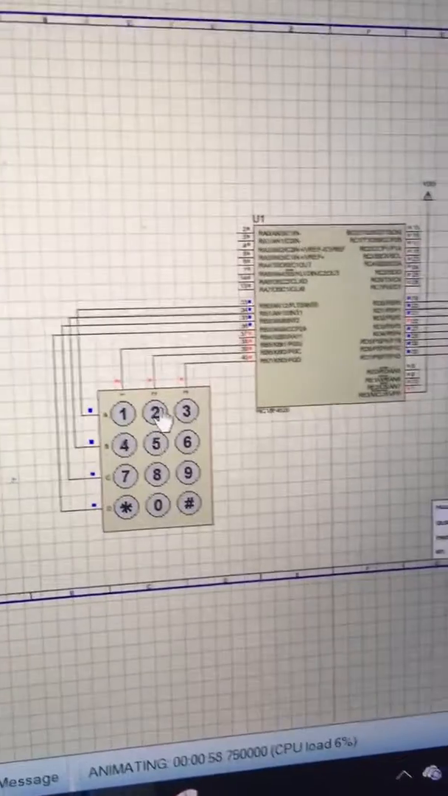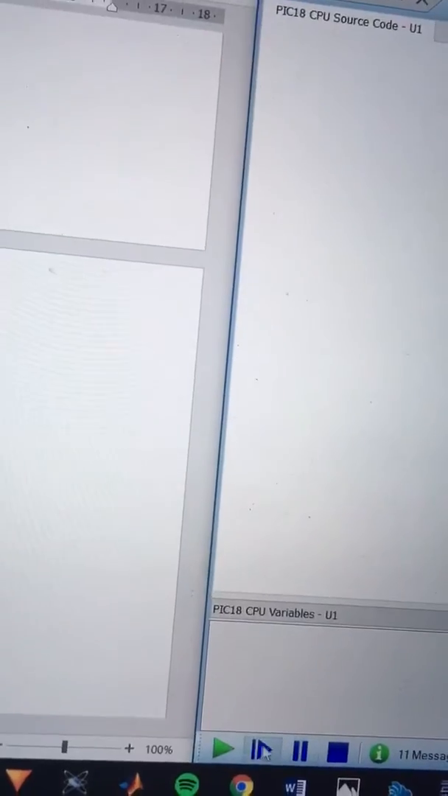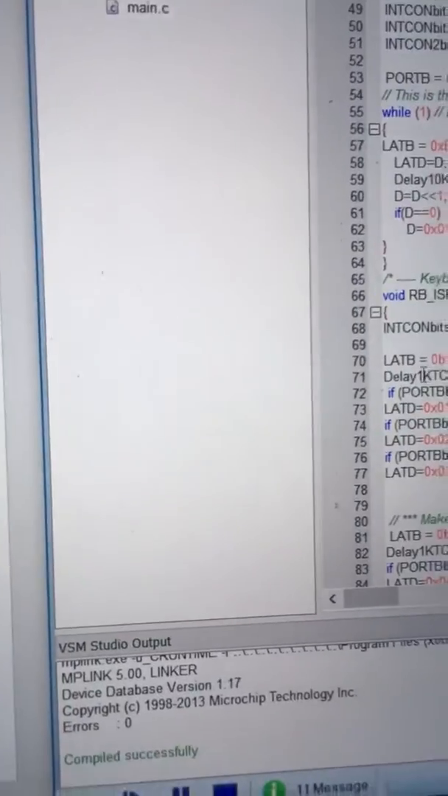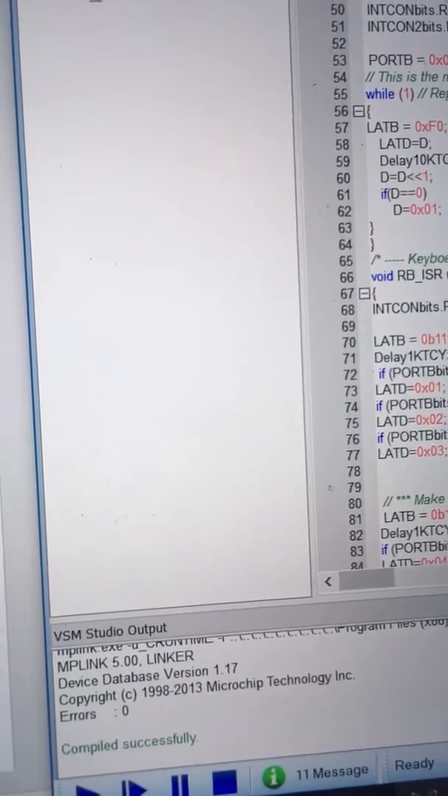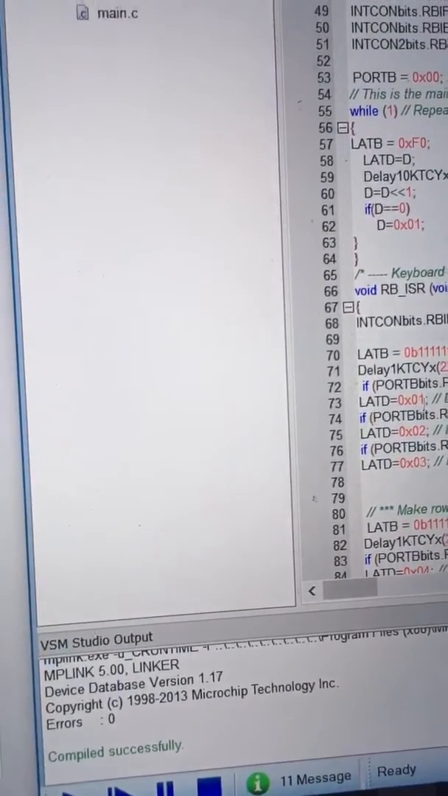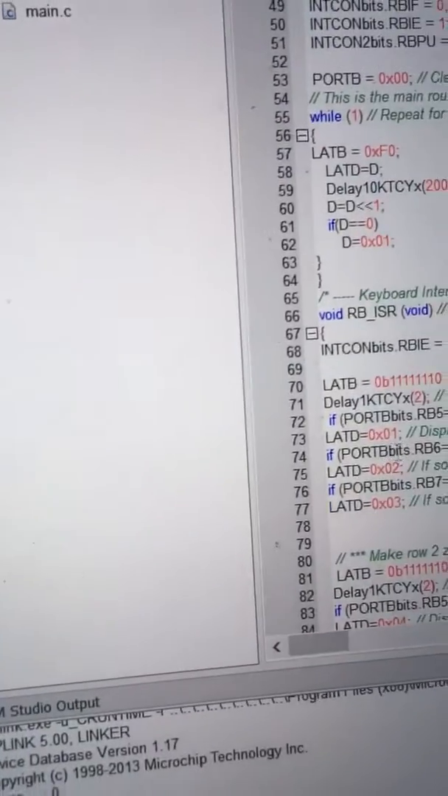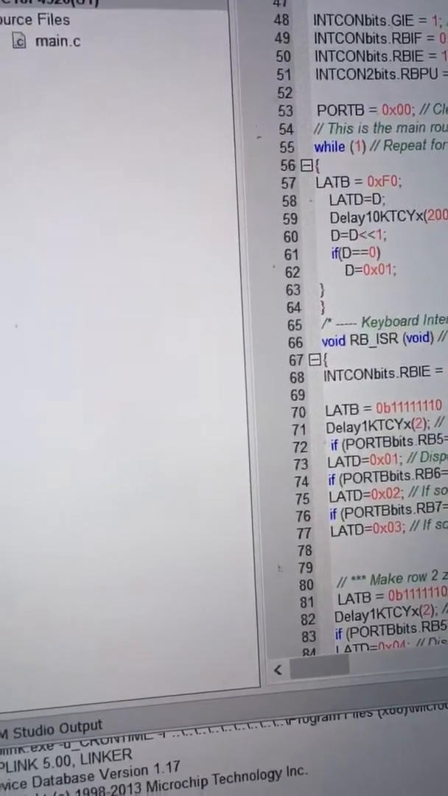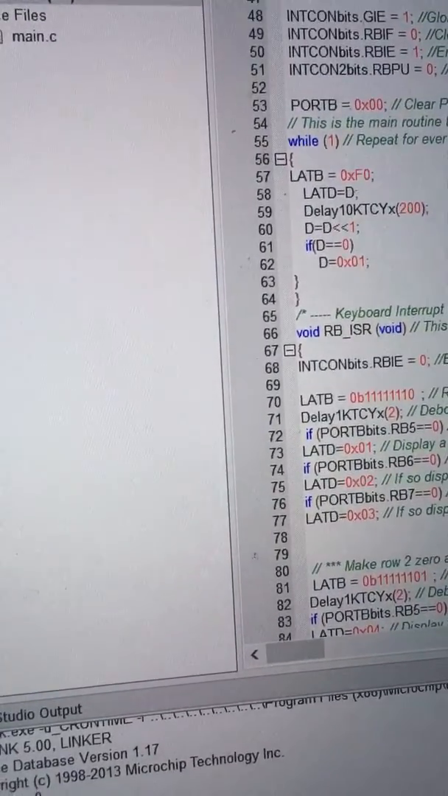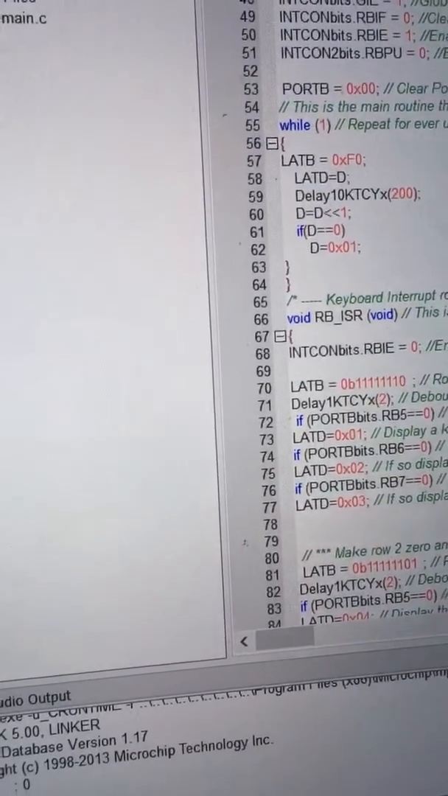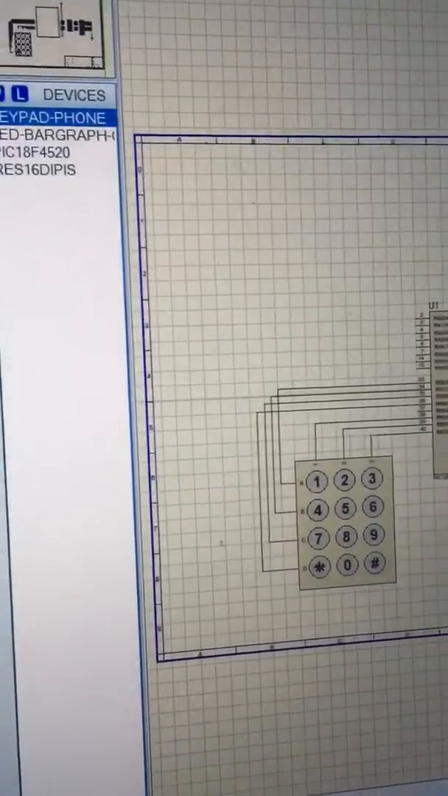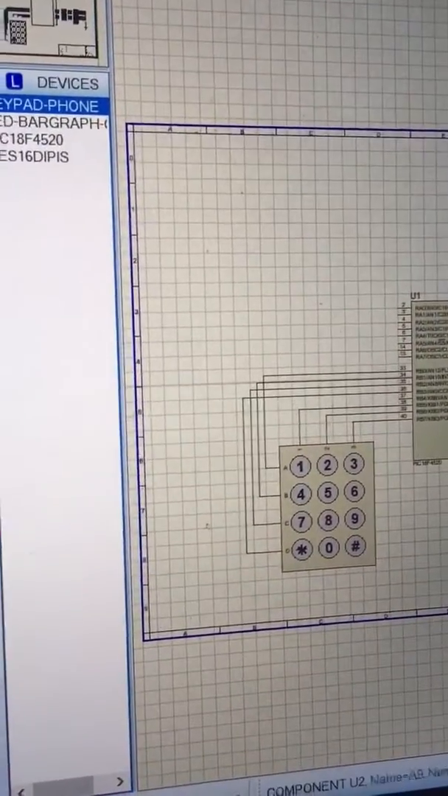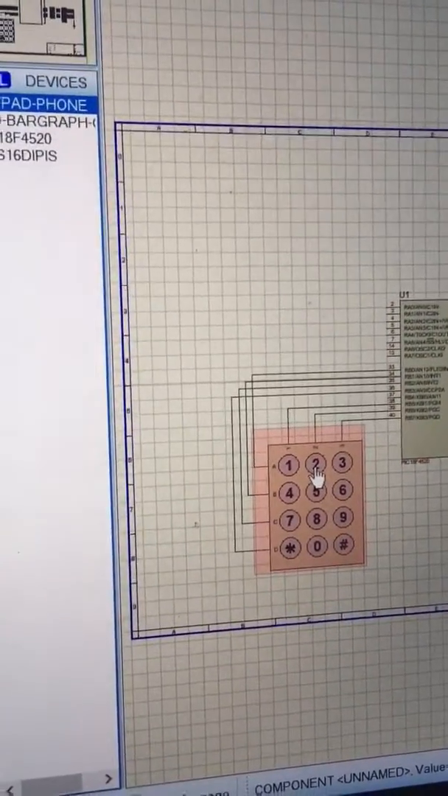If I was to press key 2 now, which is again being checked in the first row, right? For the second column, it checks whether it is a 2. If it is equal to 2, then it displays a 2. And when I do the interrupt 2, it should go into the interrupt 2, and then from there,